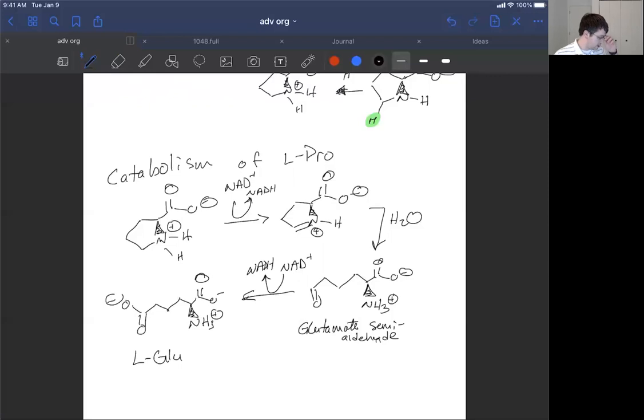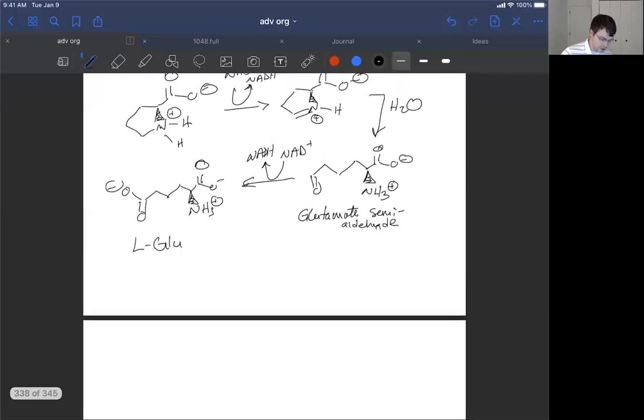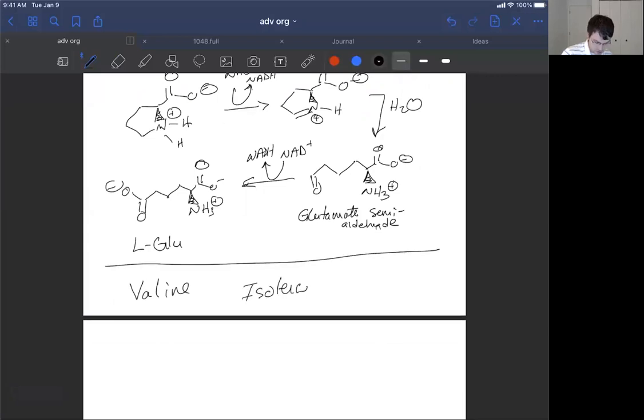That can engage numerous cycles to give useful metabolites. Okay, so there's proline, there's arginine, there's the biosynthesis of proline. We're really hammering through. What I think is a nice one to end with, and the book does a nice job of breaking this down, is the catabolism of valine and how it relates to isoleucine